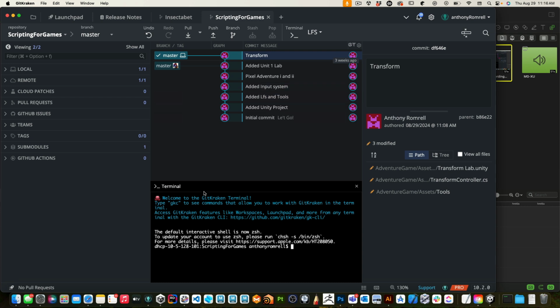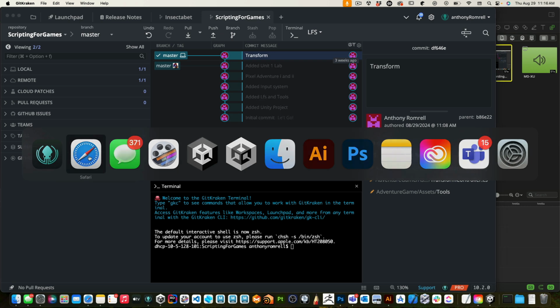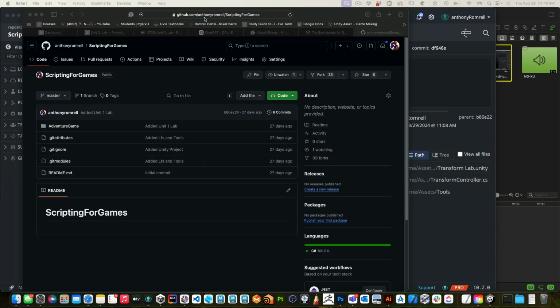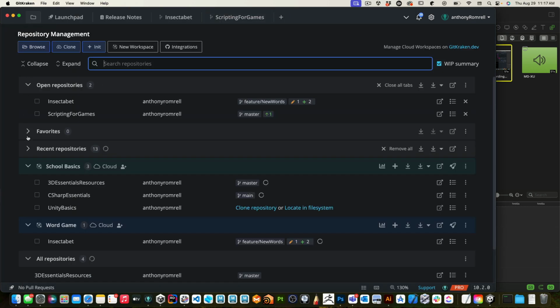If we take a minute to jump back to GitHub, what you should have done is forked this Scripting for Games repository, which is located here at github.com/AnthonyRomrell/ScriptingForGames. There's a fork button right here, and a number of people have forked it, so it looks like you have. If you haven't, you'll need to fork that, and then you'll clone it in GitKraken. So you'll fork it here, and then you'll come in and